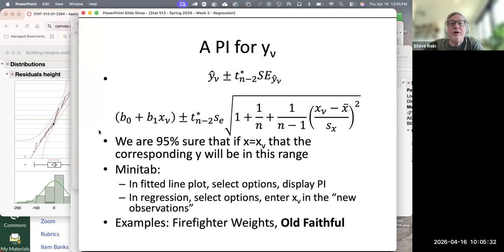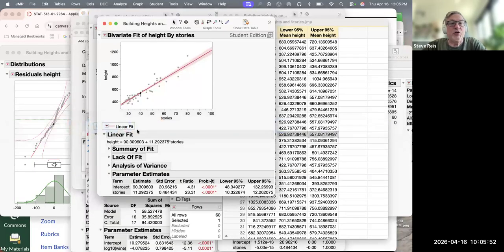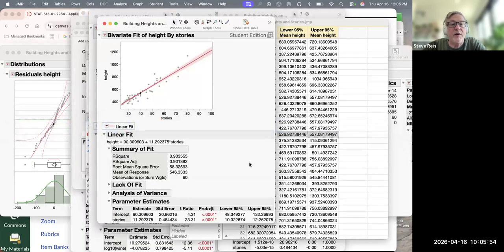I'm going to skip over the prediction interval for Y new, because that's something in this class which is rarely needed by students. I'm going to say that R squared, the value of R once you square it, is commonly provided to y'all. You might have noticed every time we've done a regression in the past, in our summary of fit, it tells you not just RMSE, root mean square error, but also R squared, 0.9035555. How do I interpret that 0.90?